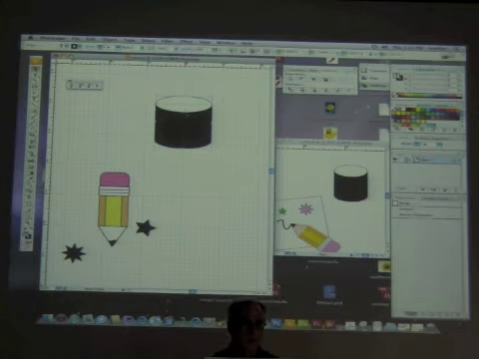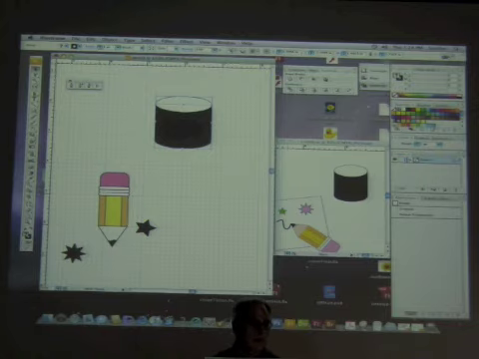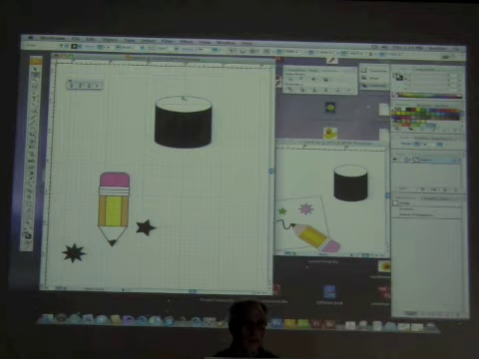Because it's a group, I can also select the interior shape, and I can reconfigure it as well. So I can select the Group Selection tool, okay, and I can move over here,